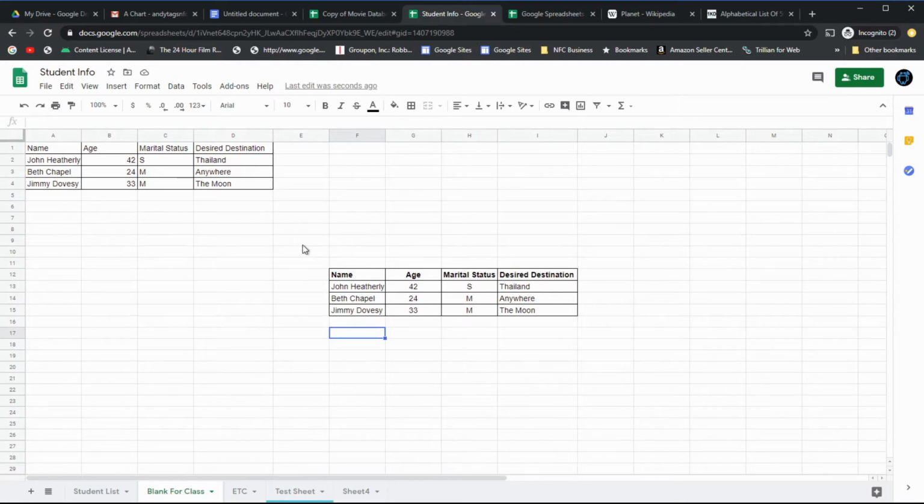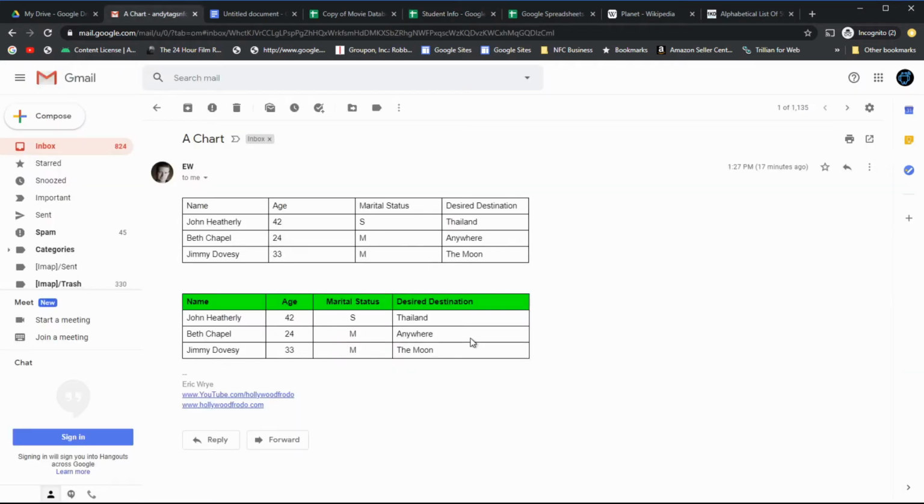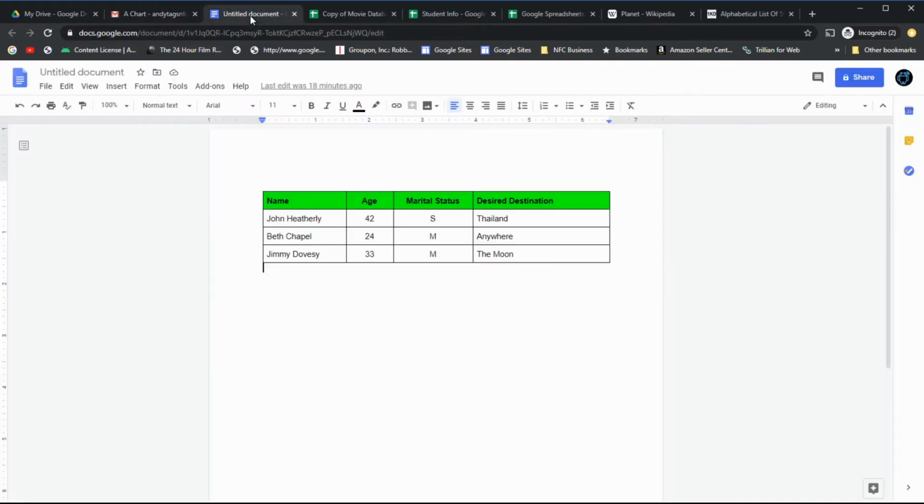So it works with tables, it works with lists. Really cool. Now, I just used email, but this would also work if this were inside a document. So right here, you can see I have a document. This is a Google Doc. Just like there's Google Sheets, which are Google Spreadsheets, there's Google Docs, pretty much the Google version of Word, if you're familiar with Word. So let's say someone emailed you an attachment that was a Microsoft Word document that had